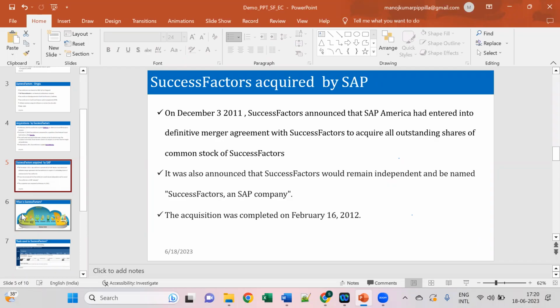We discussed in the beginning that SAP has a human capital management system. What is a human capital management system? It is used for maintaining the data of an employee. If a company has only 10 employees, that is fine. They need to maintain their employee data, like personal details, Aadhaar card and PAN card details, and certificates. Everything they need to maintain in the system. If it is a small number of employees, like 10 to 15 or 20, that's fine. We can maintain it manually in an Excel sheet or in a Word document.